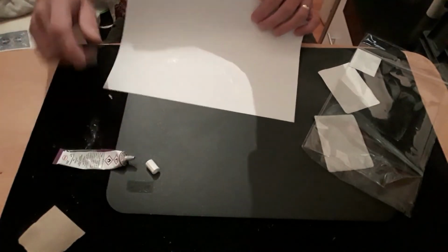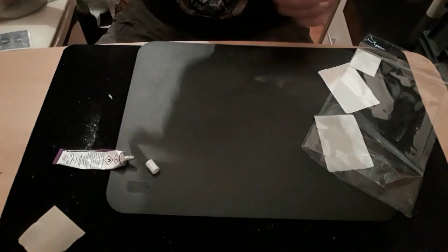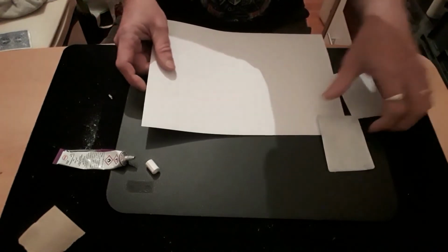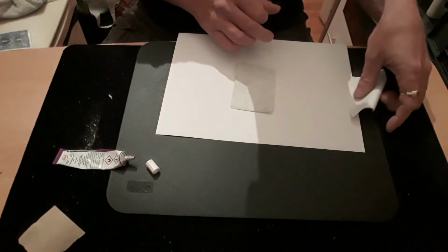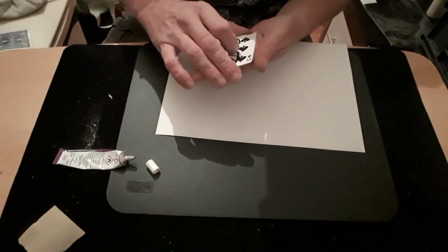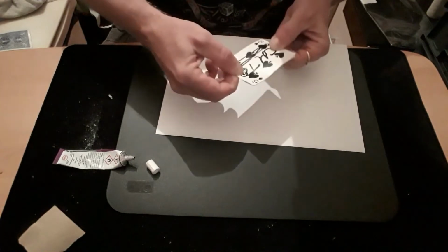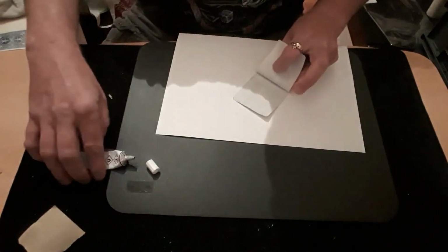Right, get a different bit of paper, that one's got things all over it. You want to try and avoid getting glue on the undersides, you know what I mean, on the faces. That's why I'm being pretty precautious. Again, you use the cardboard side first, that goes down. And you line the paper part up so you get a perfect fit. And that was pretty quick, I made up with that one. Put it down, peel it back up,